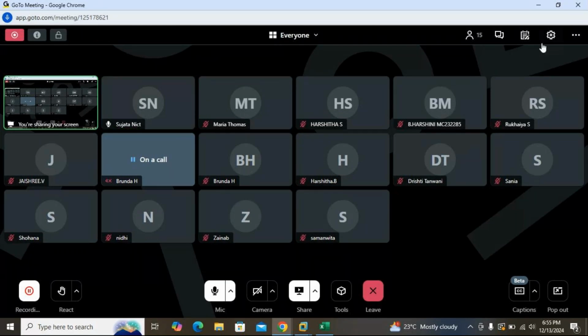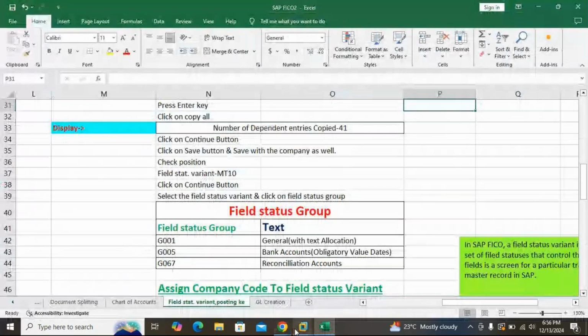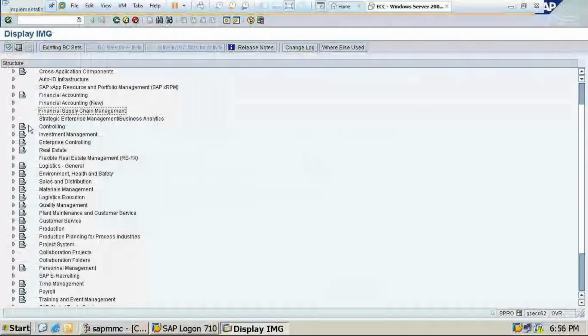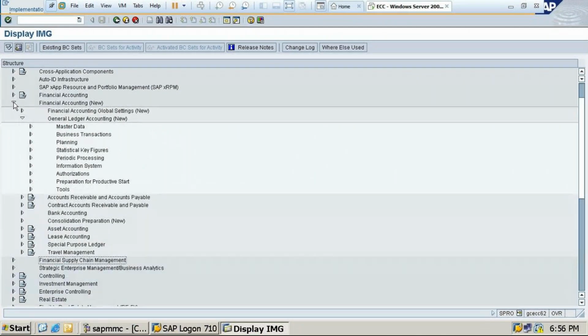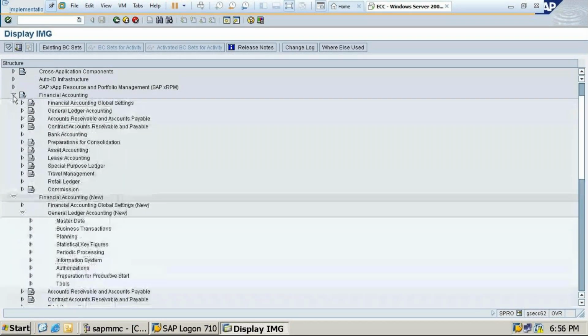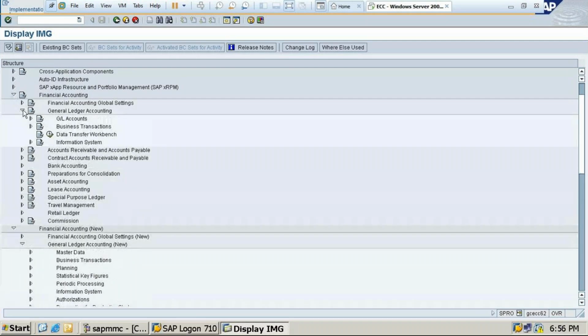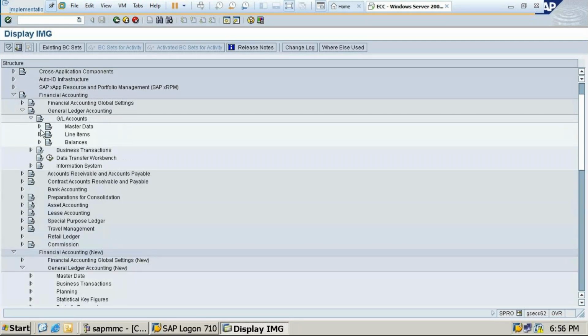I will show you once again. See this. So what you have to do? Financial accounting. So just close this. Financial accounting, general ledger accounting, GL account, master record.